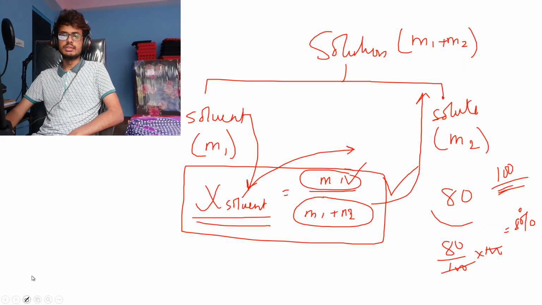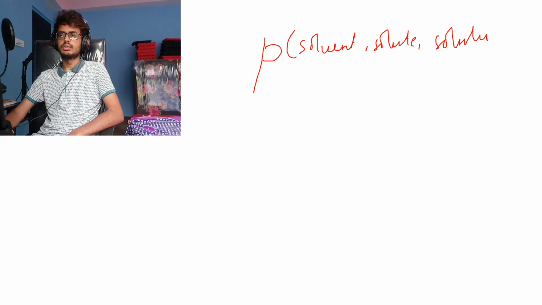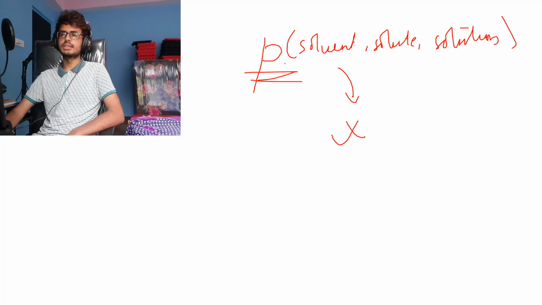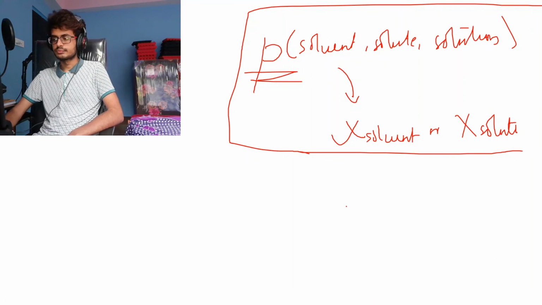Now Raoult's law is a relationship between the partial pressure, that is the pressure of either the solvent or solute or the solution. This is called partial pressure of solvent, solute or solution, and its relationship with the mole fraction. So we are trying to relate partial pressure with mole fraction of solvent or mole fraction of solute. Okay, so this is Raoult's law.